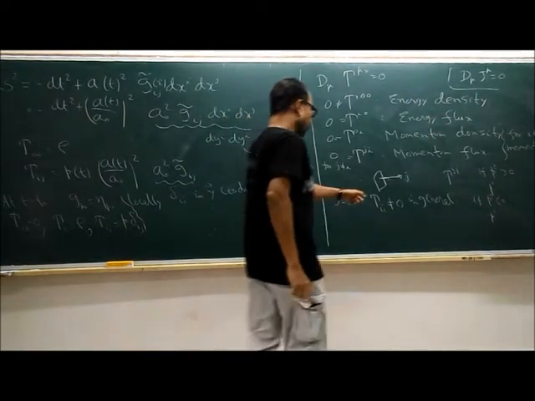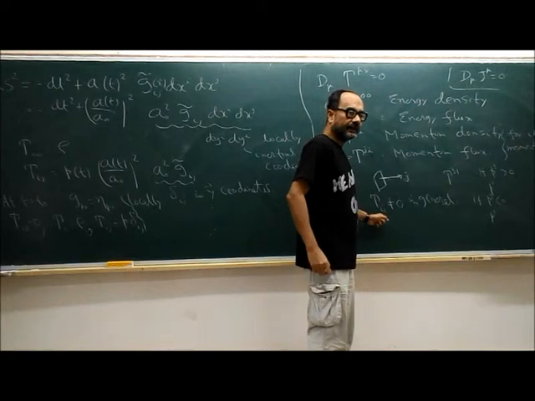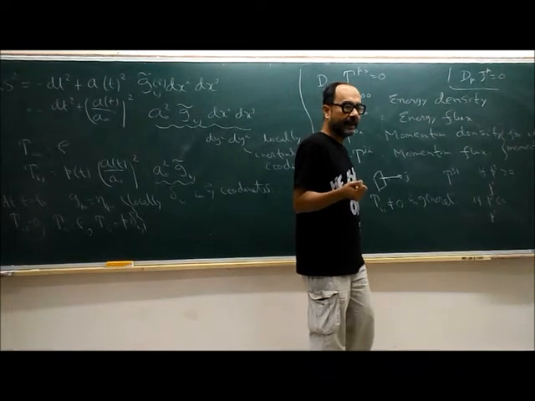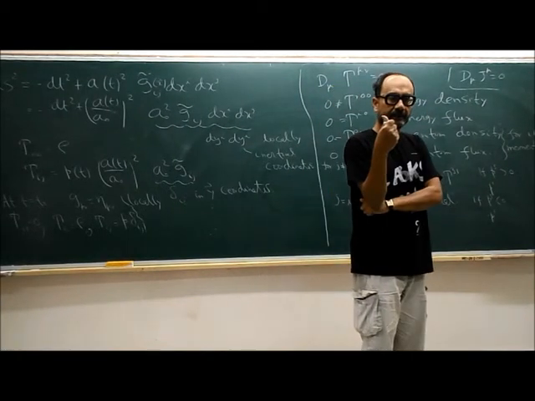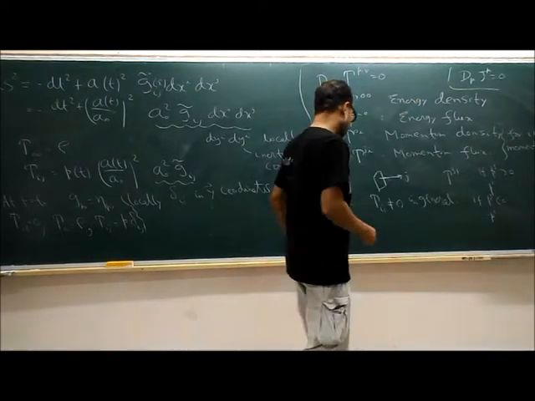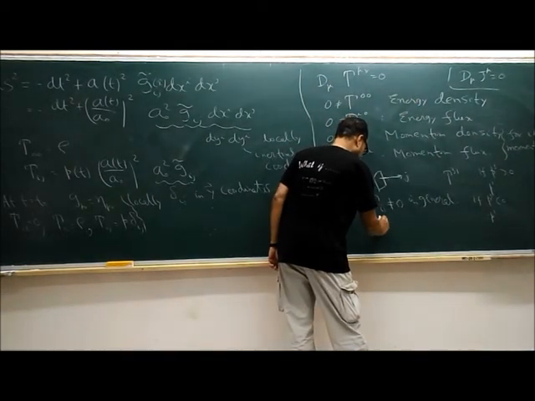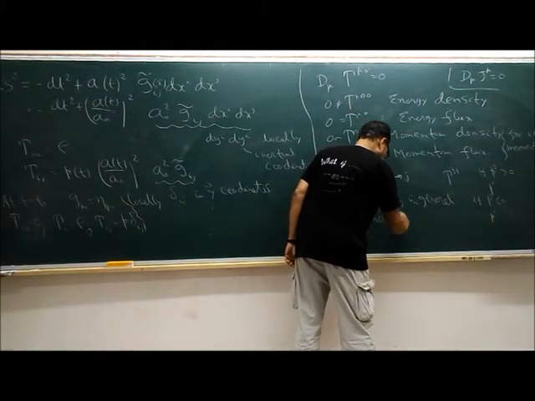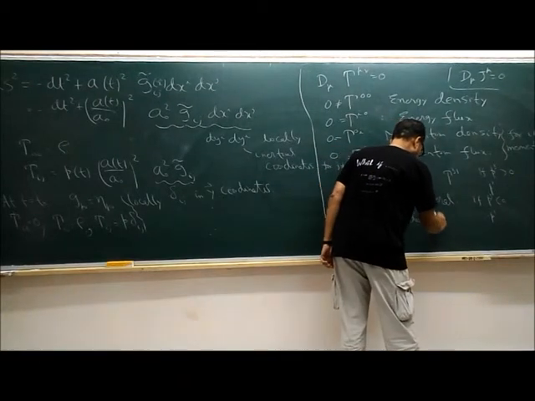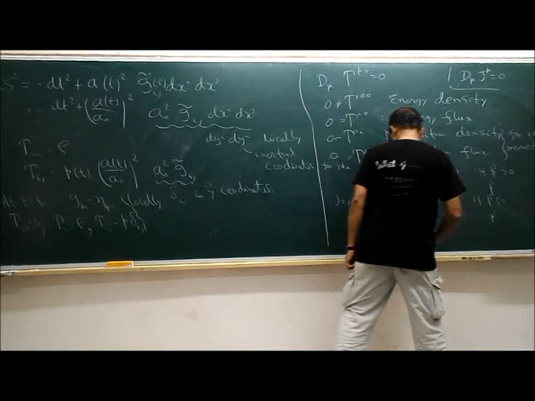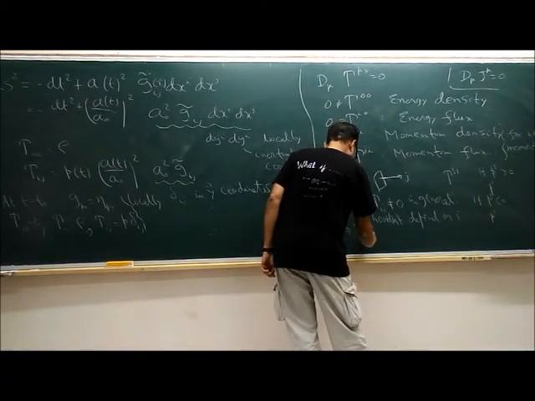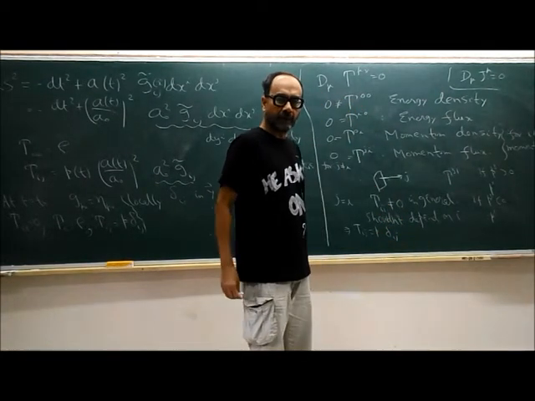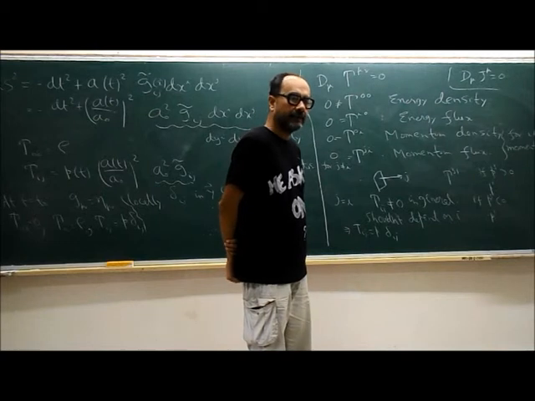Furthermore, because of the isotropy, Tii cannot depend on which direction you are looking at. Tii should be the same for all i. So that shows that Tii shouldn't depend on i. And this tells us that Tij should have the structure of P times delta ij, for some constant. This constant P is what we normally think of as pressure.